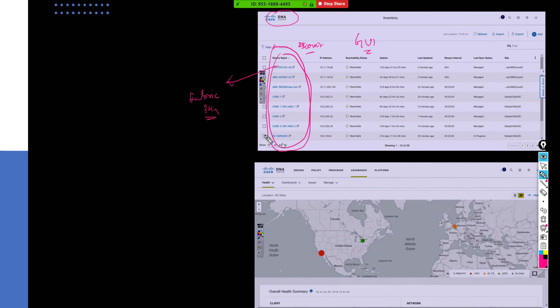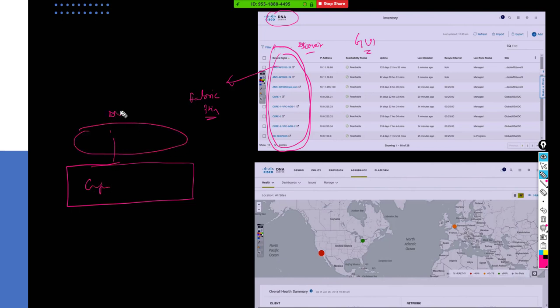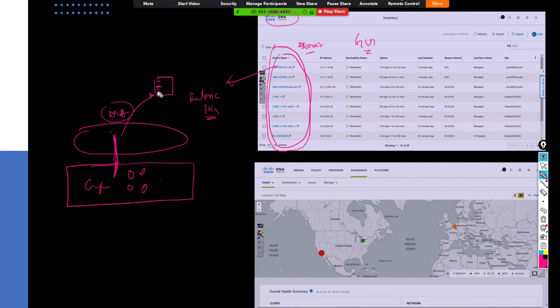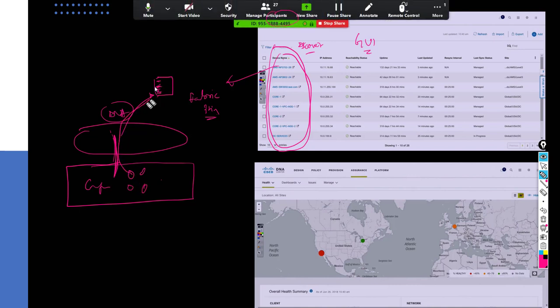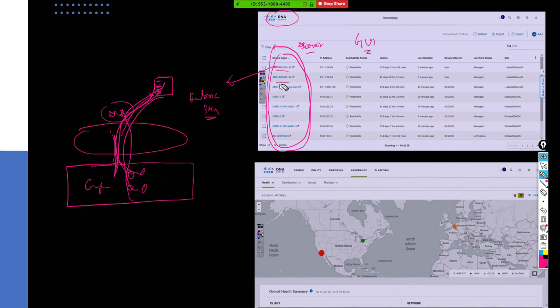Okay, it started pulling up those devices. So let's say these are the campus design, and you have the overlay. As soon as you have the DNA configured, and as soon as you start building up the integration, over on the DNA graphical interface we can see these devices getting polled up here. These devices start polling up on the DNA Center, and we can see all the devices like firewalls, core, access,